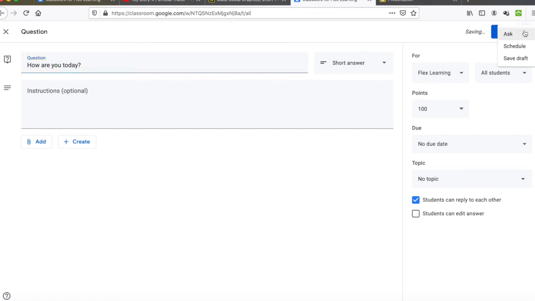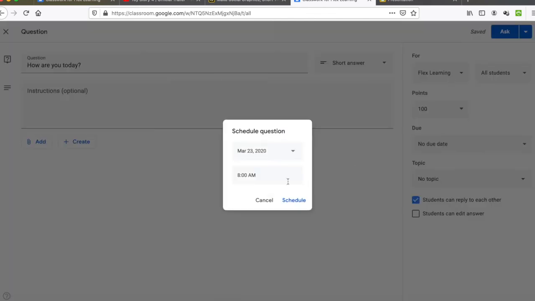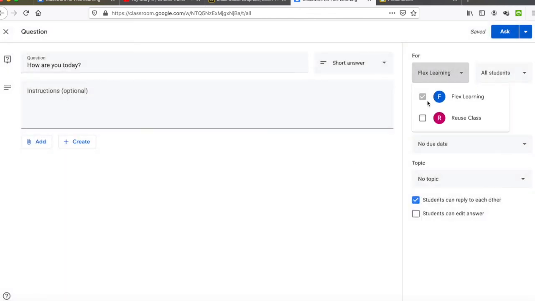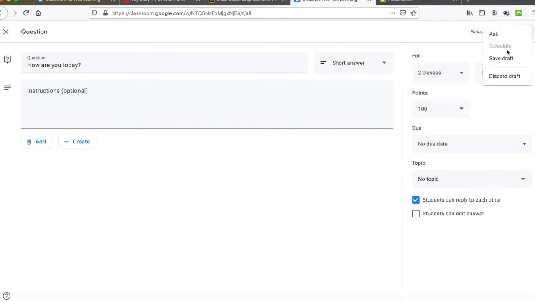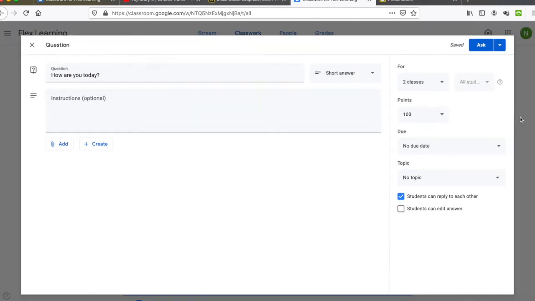Okay. To schedule, actually here, I want to do both classes. Now I can't schedule anymore. When you do multiple classes, you can't schedule, but because you can reuse the post, scheduling isn't such a big deal. Okay, so I'm going to discard this draft because it doesn't matter to me, but this allows you to,